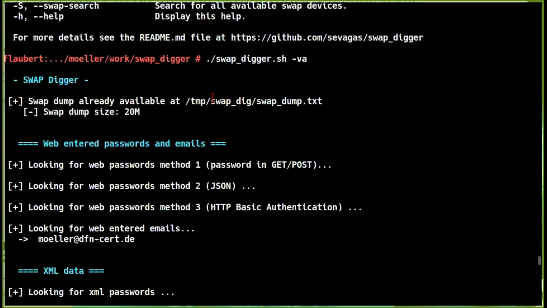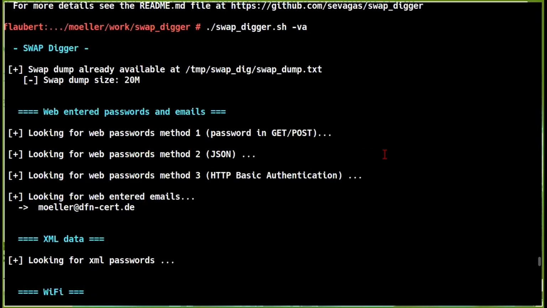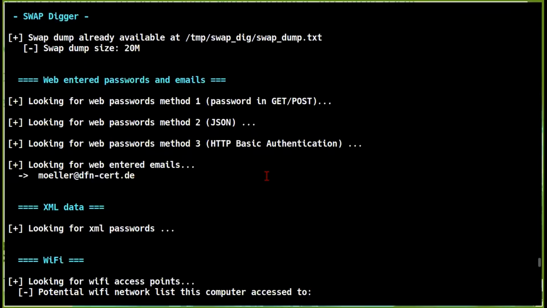Okay, I've done this a couple of times before, so we already have a swap dump, or basically a strings call on the swap partition on my machine. And we have a string file about 20 megabytes in size. And then we can use various methods for stuff like this, to try to get passwords from web